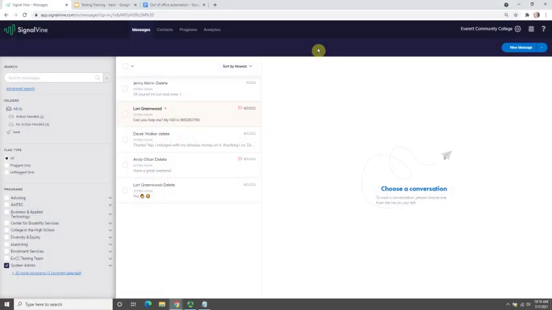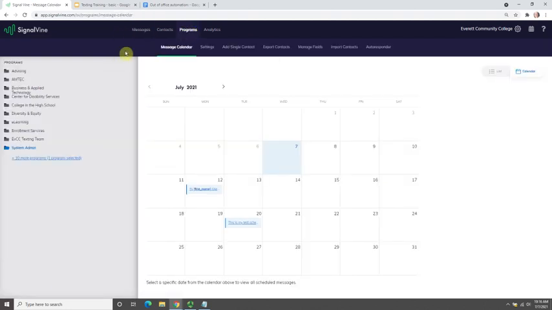If you've watched a previous training video, you'll remember that Signalvine is divided into 4 tabs that help you to navigate the system. Today, we're going to look at programs. When you click on programs, you'll notice that there is a menu of sub-tabs to choose from, and depending on your user setting, you may or may not have access to all of them. So first, we're going to look at the ones that everyone has access to, which are Message Calendar, Export Contacts,